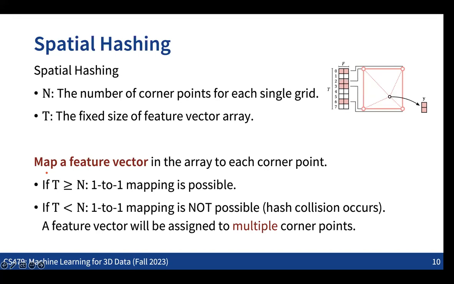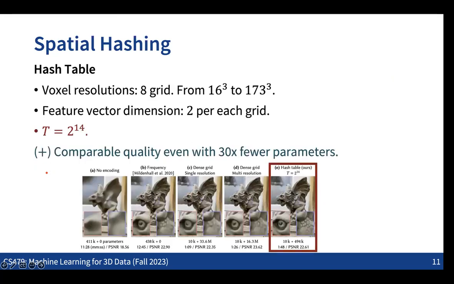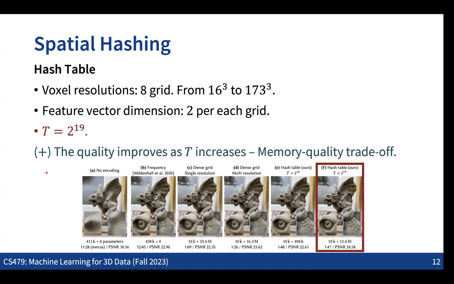So this was also the idea that we can use spatial hashing to limit the number of the feature vectors that we're going to use, and also compress the number of the parameters that we're going to optimize. Even while reducing the number of the parameters to be optimized to be much smaller like this, we can still achieve very high quality outputs. So this was some sort of engineering idea in terms of how we can manage the whole size of the parameters that we need to optimize while getting good quality images.